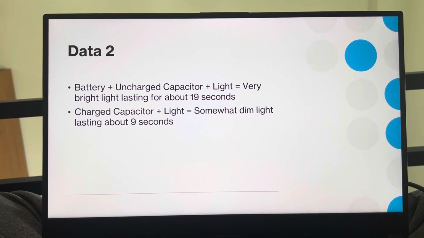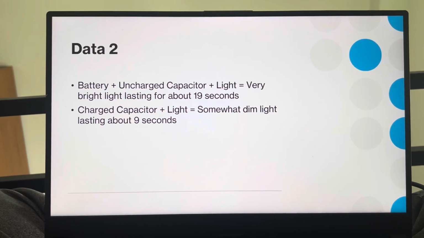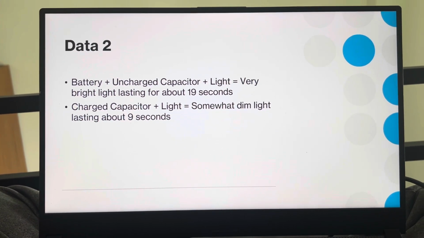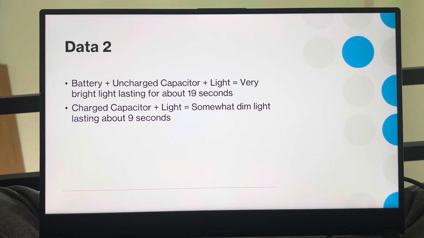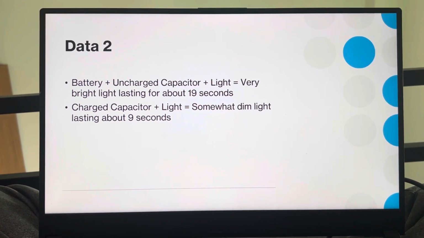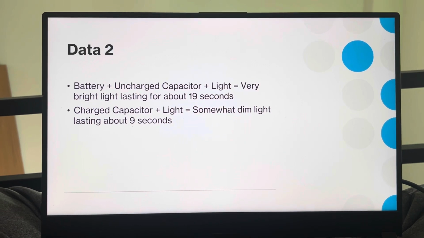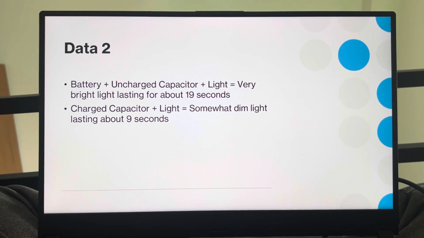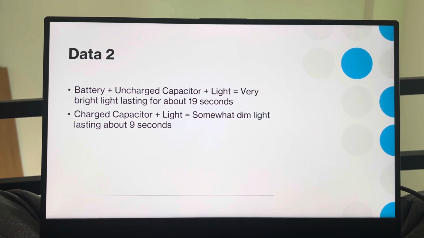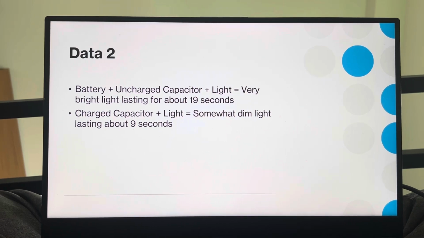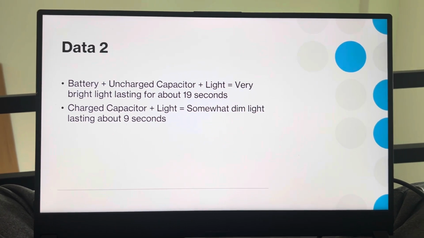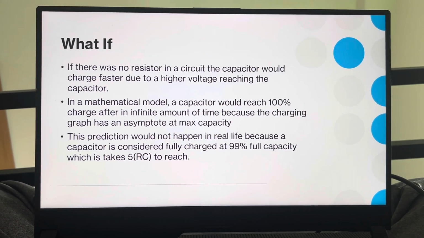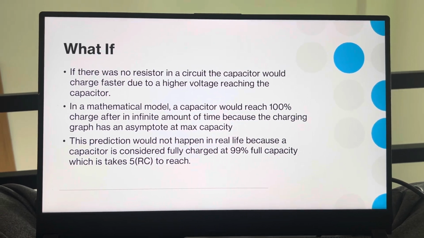The data for this experiment showed that with the battery and uncharged capacitor, the light bulb was very bright and lasted for about 19 seconds before fully going out. And with a fully charged capacitor plus a light, we got a somewhat dim light that only lasted for around 9 seconds. Our what if is